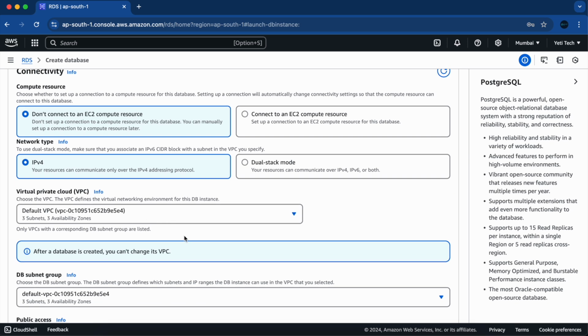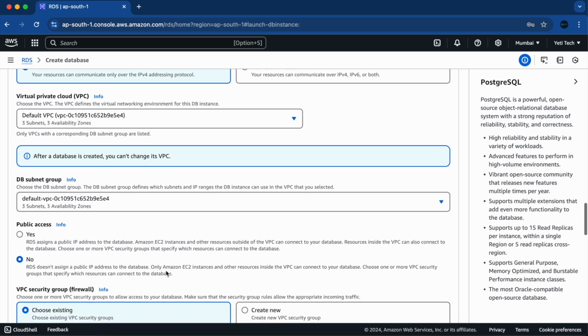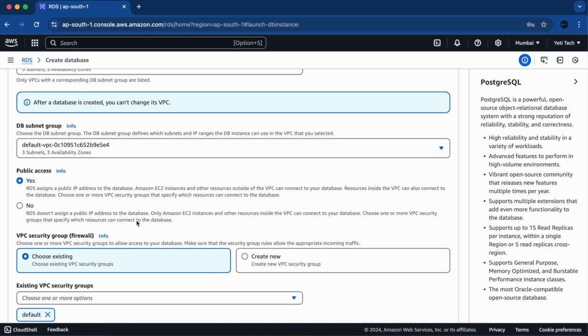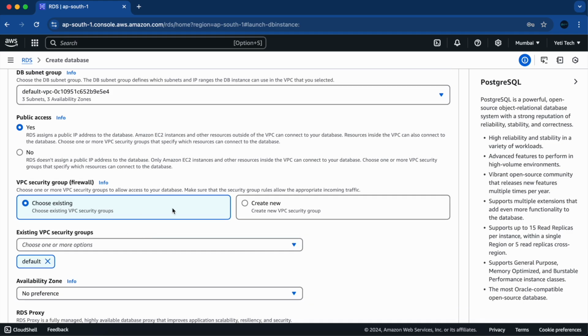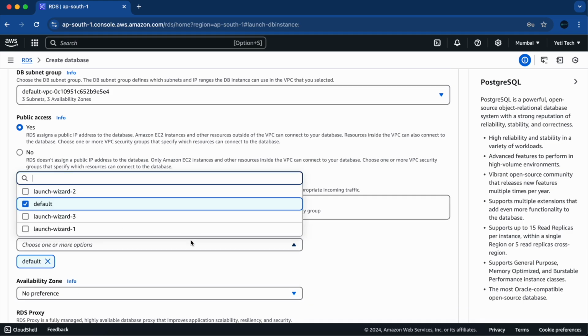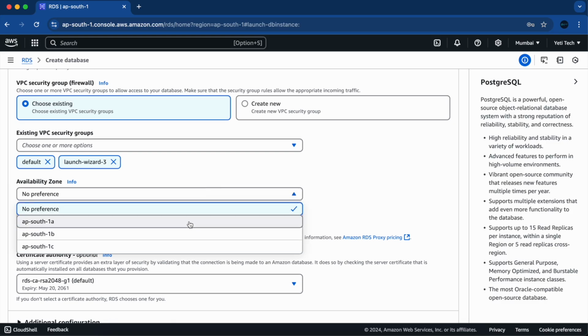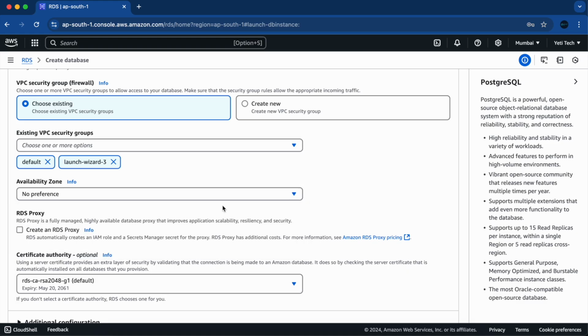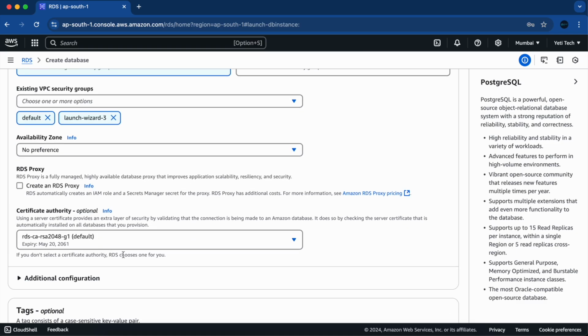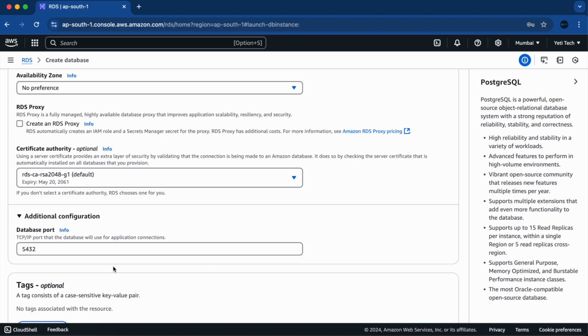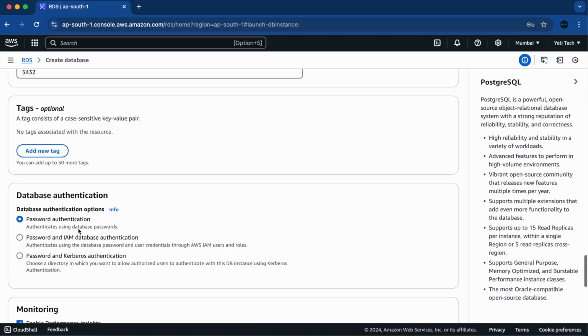Now public access will be yes, to get access to the database on our local computer. Security group will be launch wizard 3, as we saw in our last video. Database name will be